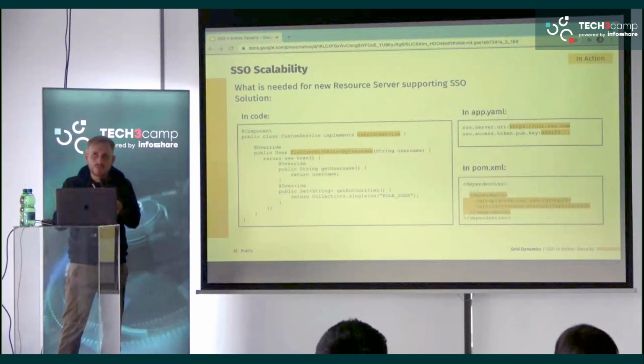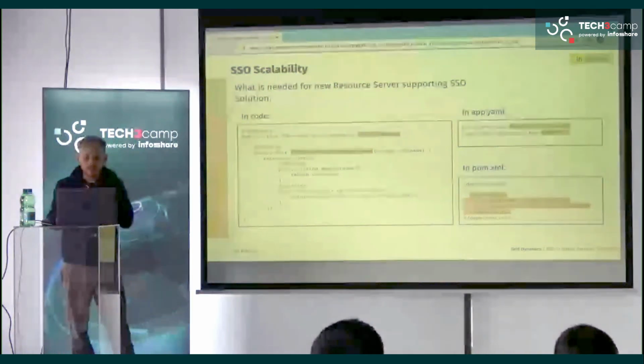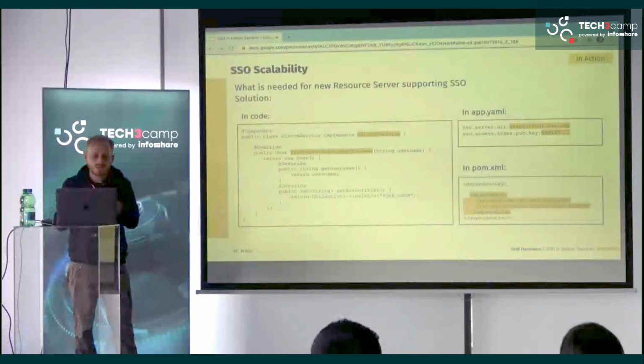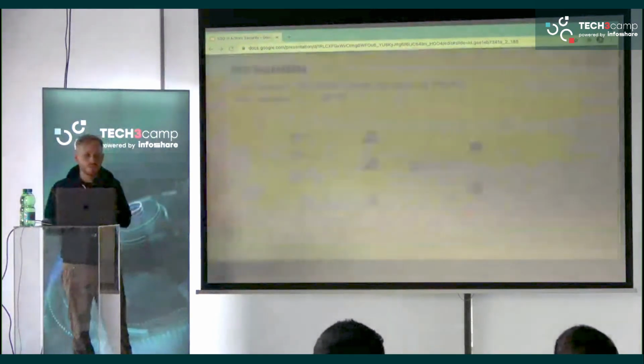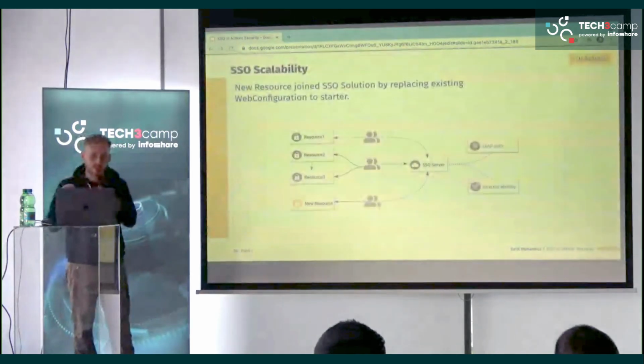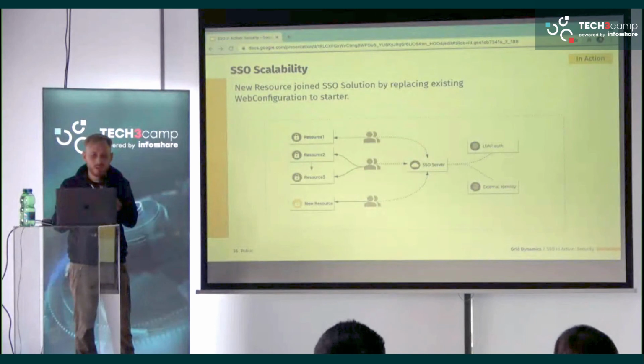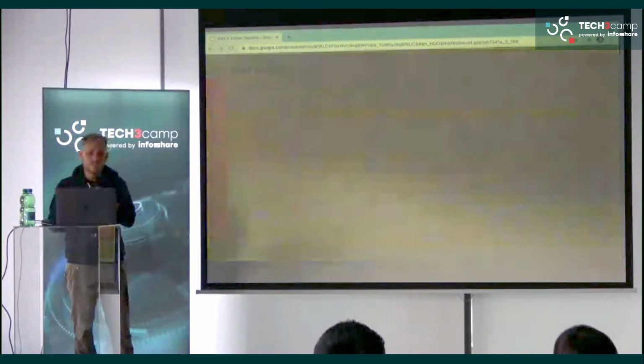Basically, it was used a couple of times, and it was working fine for us. So the solution was confirmed valid. A new resource was included in the whole system without a lot of effort, you know. So yes,